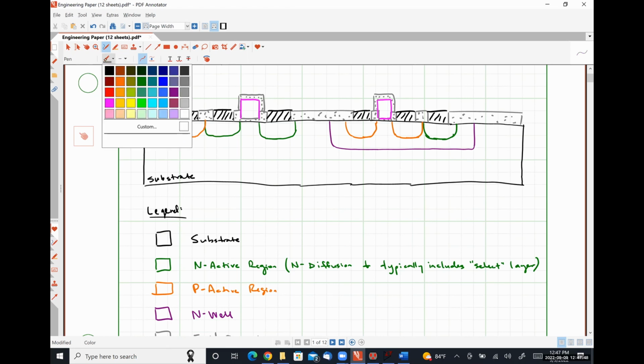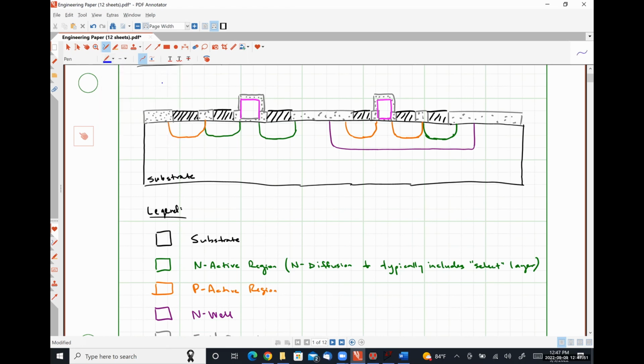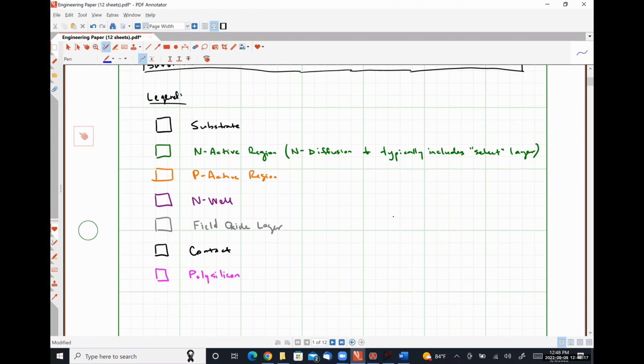And then we're going to have effectively our final layer for this particular configuration. This guy right here, which is going to be our metal 1